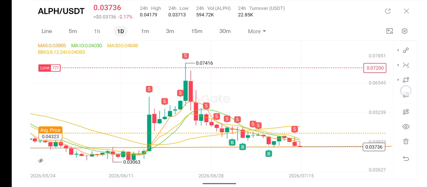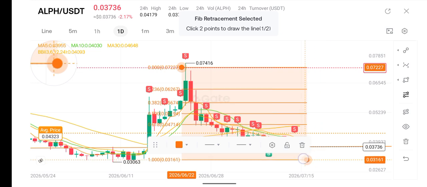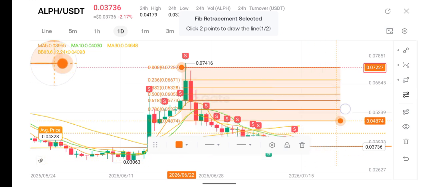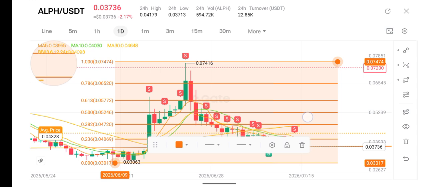So if we're taking our Fibonacci retracements, let's draw the line here and here. Considering our Fibonacci retracement, we can see that at 78.6%, we're expecting the price to reverse to 0.06545. And at 100%, we're expecting the price to reverse to 0.0416. At 38.2%, we're expecting the price to reverse to 0.0472, which is the nearest point of recovery. And at 50%, we're expecting the price to reverse to